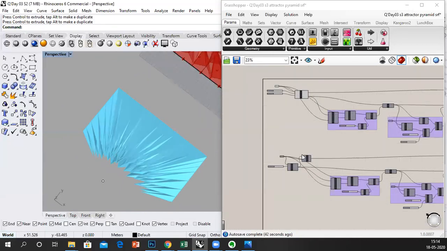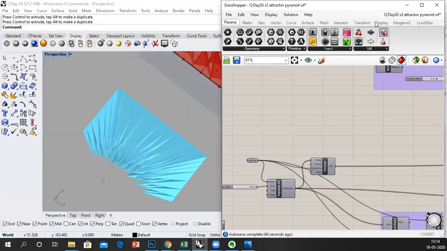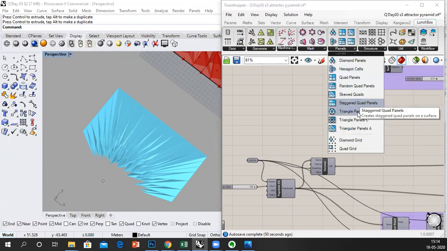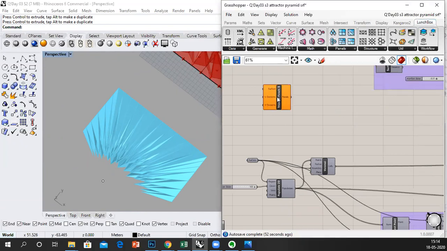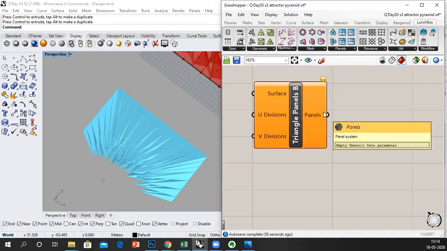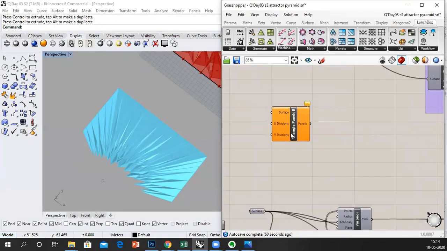Similarly, exactly the same process. I want you people to try it for triangles. எதுவும் இல்ல, இங்க மேல lunch boxல you've got triangular panels. So triangle panels எடுத்துட்டா you'll get your panels. So panelsக்கு வந்து deconstruct brep கொடுத்து join பண்ணா you'll get the boundaries. அதுக்கப்புறமா area centroid கொடுத்தா you'll get the points.